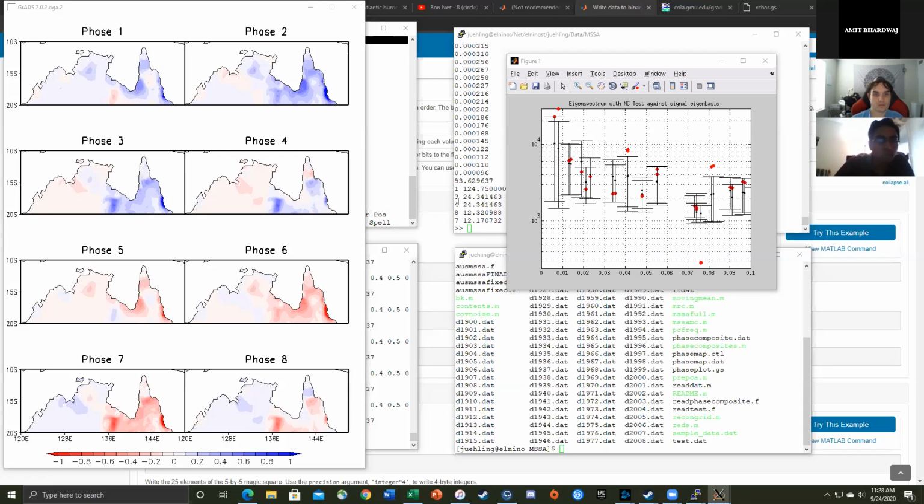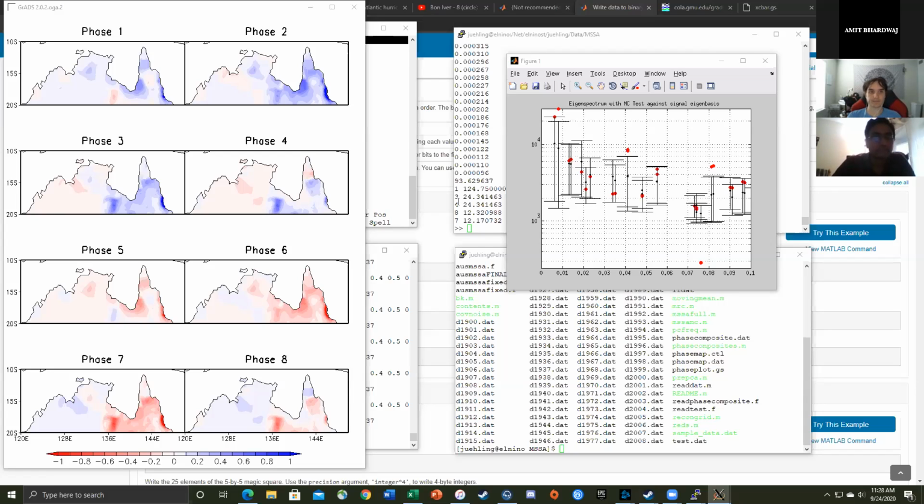Yeah, phase 1 through 4, they are positive in the eastern part of Australia, Northern Australia, and then the sign swaps. So definitely there is some oscillation present, but I just want to see whether it is really